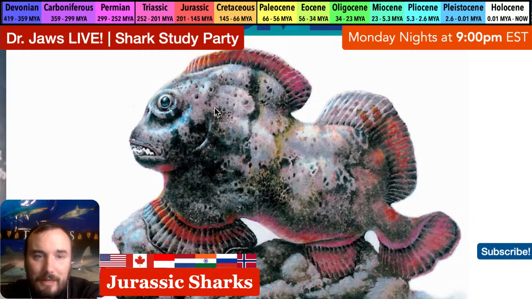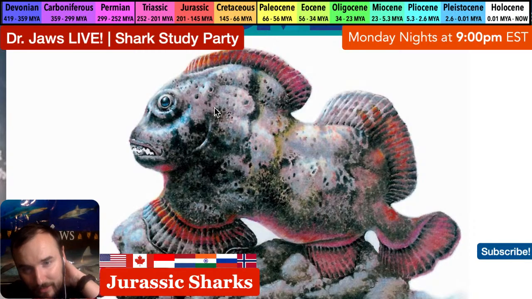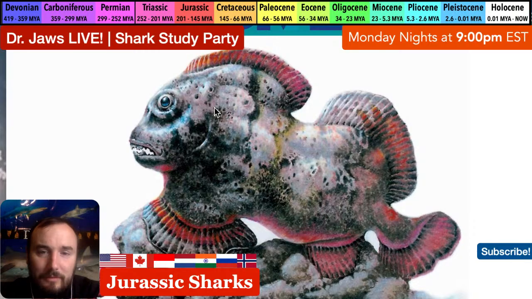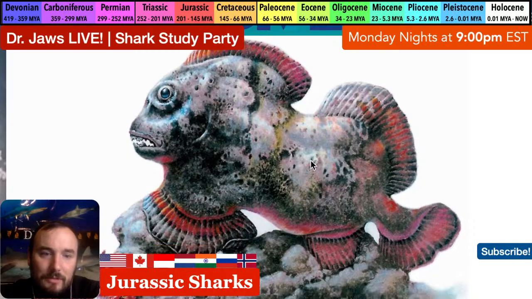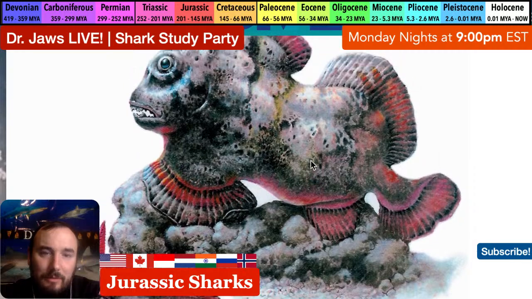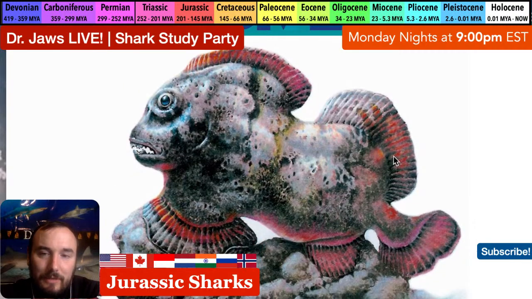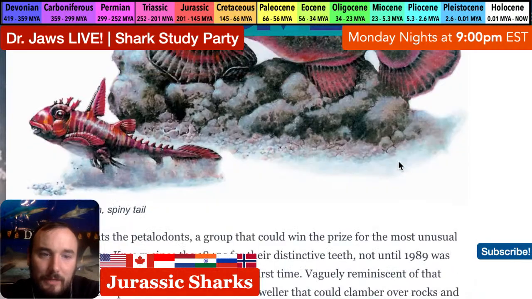It's really cool to see that ancient sharks, by the way, were not only these awesome predators, but they had these kind of more delicate forms too, because we saw on the last fossil special the flying sharks. So they're kind of like flying fish, except they're sharks. And similarly, it looks like we've got a shark right here that looks almost like a frogfish, but it actually is a kind of shark of some kind. So,